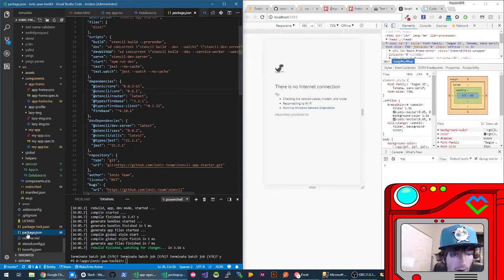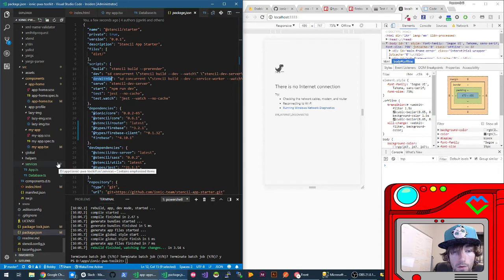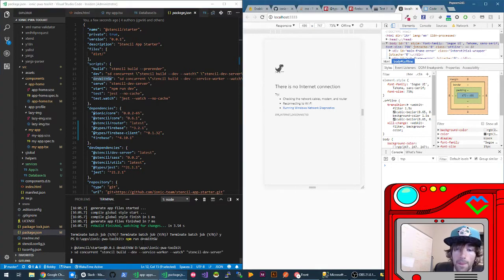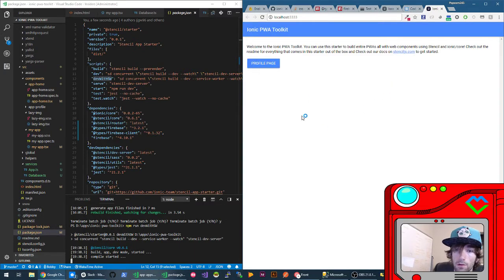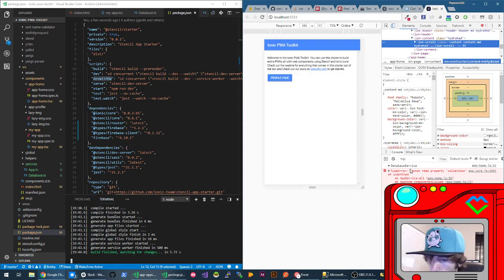Okay. So if we head on over to our package, they give us this nice little command, dev with SW or service worker. And we're going to go ahead and use that. So let's do npm run dev with service worker. And that's going to run a localhost, but this time it's going to actually include the service worker. And hopefully,